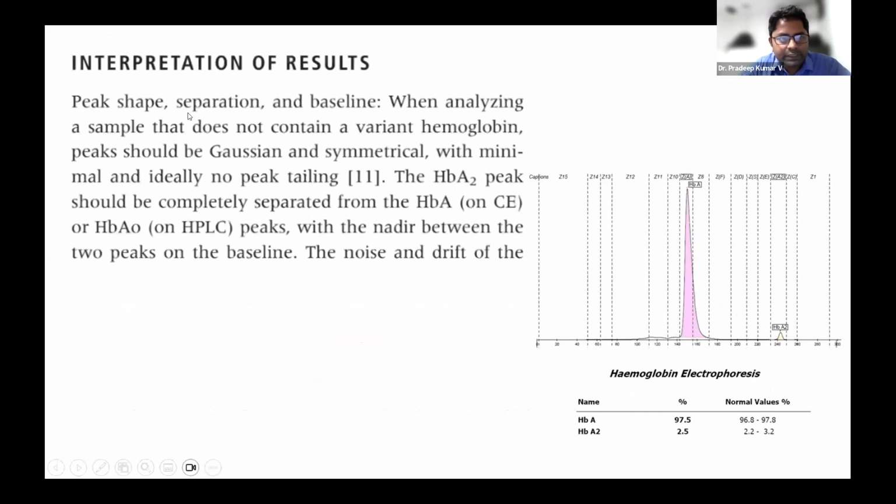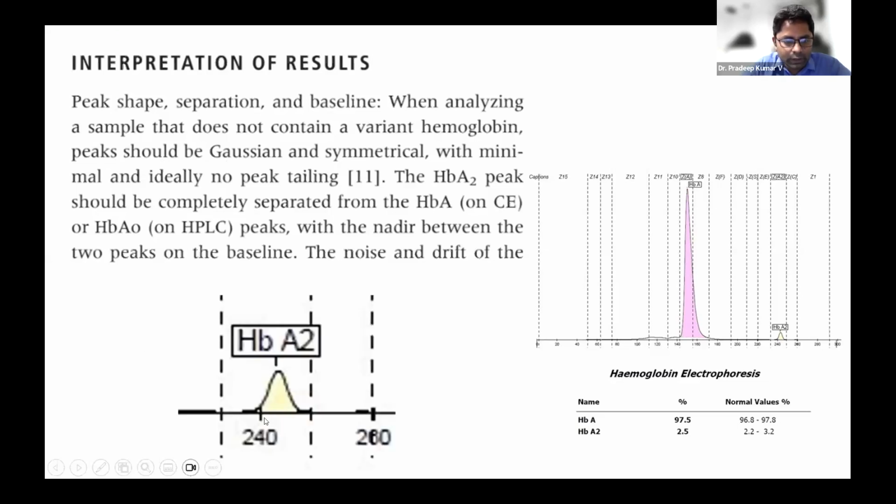So your peak, shape, separation, and baseline when analyzing the sample that does not contain variant hemoglobin, just like this. We don't have any variant, and this is from a capillary electrophoresis. You have the zones named across as A2, E, S, A, and so on. For a sample which does not contain a variant hemoglobin, the peak should be Gaussian and symmetrical. What that exactly means: if you look at any of your cell counter histograms, they are smooth and symmetrical. They follow the Gaussian distribution, which we would have learned in our basic statistics. So this is how an ideal